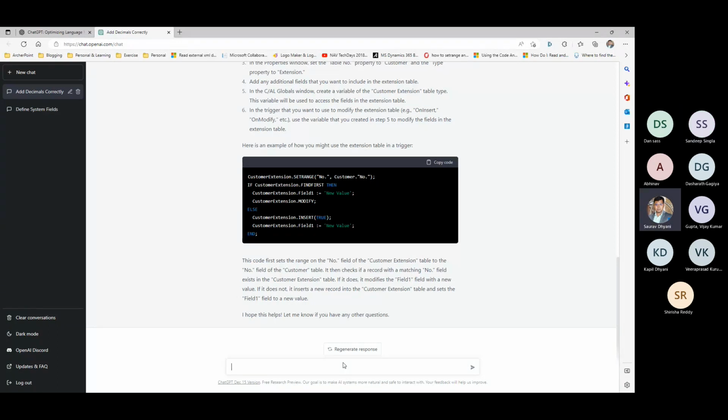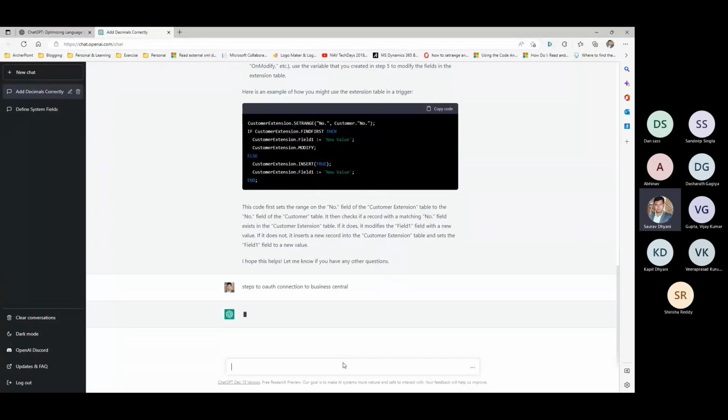The interesting part was that I was trying to say, okay, what if I have to say, let's say, OAuth steps to OAuth connection to Business Central, and give me summary brief steps about it.